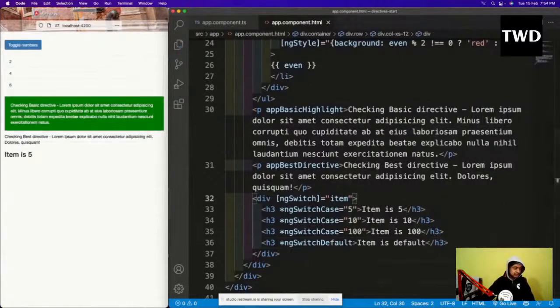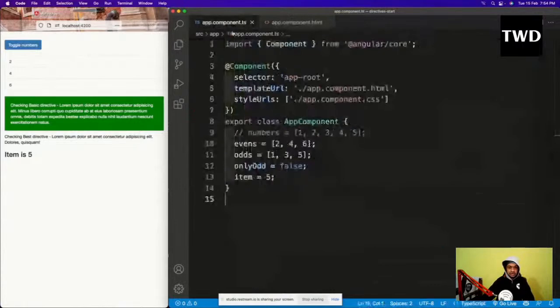It will show me item is 5. And if I make it 45, it will show me item is default. So this is how it works. With this we have done a lot in Angular today, and we have covered a lot, and a lot needed to be covered. As I told, Angular is not that small, Angular is a lot big. So with this